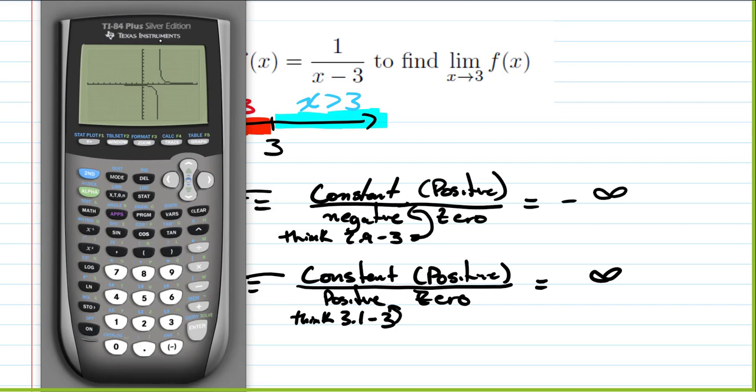So remember, in pre-calculus, we just had to pick x values to figure out if it was going up or down. So now using the idea of limits, it tells us what that behavior around the asymptotes is going to be. So in this case, our left limit was negative infinity, and our right limit was positive infinity. All right. Once again,